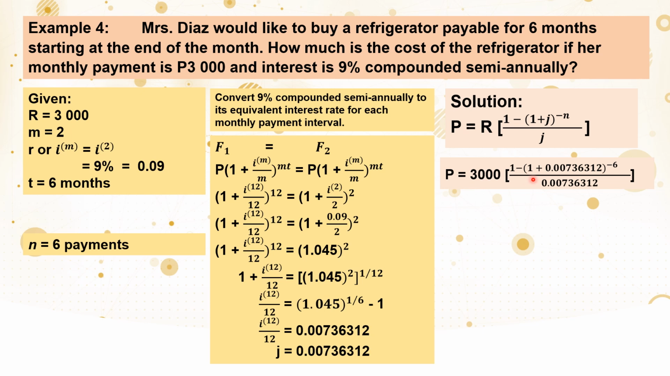quantity 1 plus our J, which is 0.00736312 raised to negative N. And our N now is 6. So, we have here negative 6. All over, our J is 0.00736312. So, simplifying this using our scientific calculator, we will get